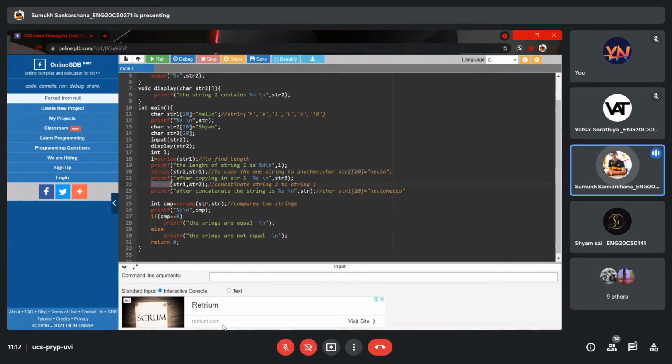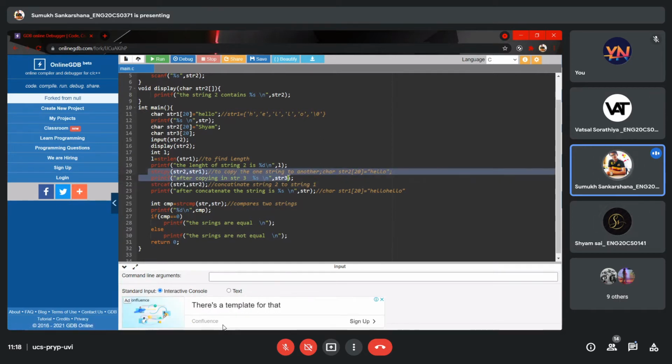Now, concatenation. Do you know the meaning of concatenation? Concatenation is nothing but joining two words, or two strings in this case. Let's say the string copy did not happen, so let's comment this out. Now str2 has Sham in it and str1 has hello. Now we want to concat.